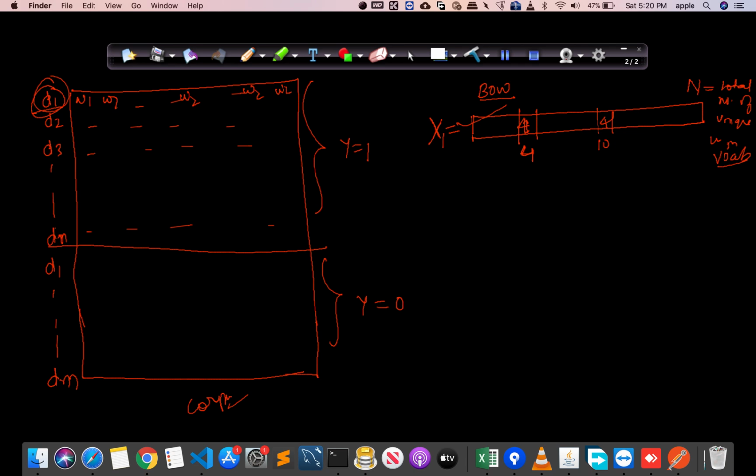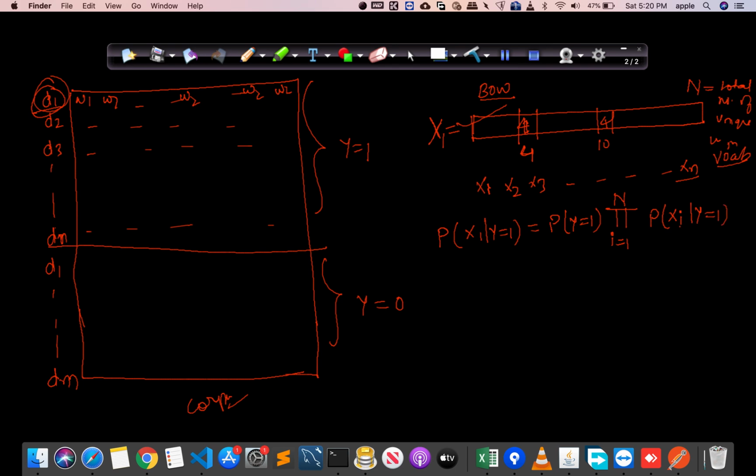Now what we have to come up with is xi. So this will have n values, and each value will be assigned as xi. That is x1, this is x2, this is x3, and so on, this is xn. We have talked about this earlier also. Now what we have to find is the probability of this particular x1 given y equals 1. So for that, we have to calculate the probability of y equals 1. This is simple, but the most difficult part is the product for i equals 1 till capital N of the probability of xi given y equals 1.